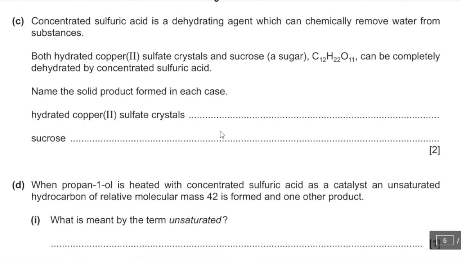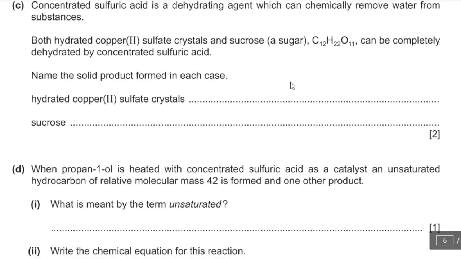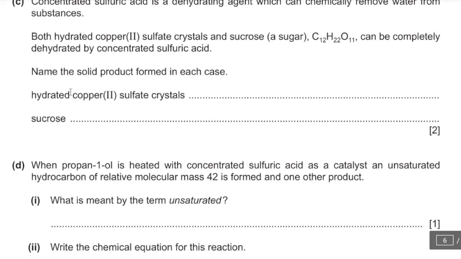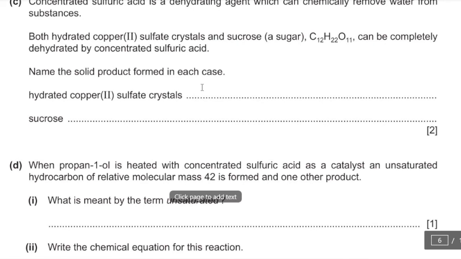C. Concentrated sulfuric acid is a dehydrating agent which can chemically remove water from substances. Both hydrated copper sulfate crystals and sucrose can be completely dehydrated by concentrated sulfuric acid. Name the solid product formed in each case. So dehydrating copper sulfate crystals forms anhydrous copper sulfate,